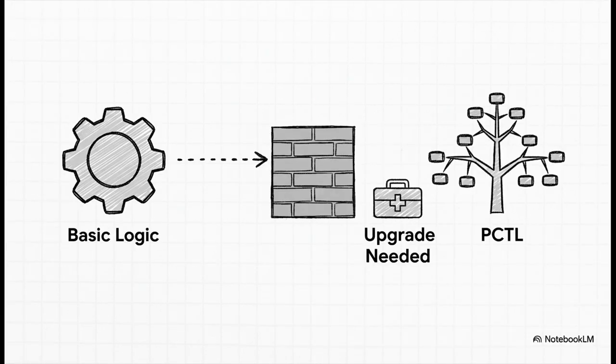Okay, but it wasn't perfect, at least not at first. The early versions had a pretty big blind spot. There's another really important logic out there called PCTL. It's kind of the gold standard for checking probabilistic systems, and this new logic, well, it couldn't quite speak the same language. It just wasn't expressive enough. It was like having a fantastic toolkit, but you're missing the one wrench you need for the job. It was clear it needed an upgrade.